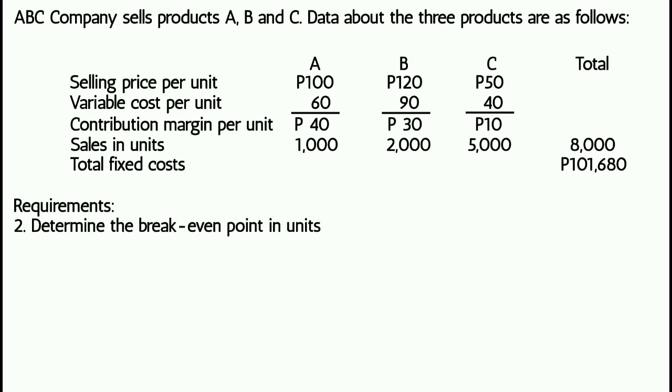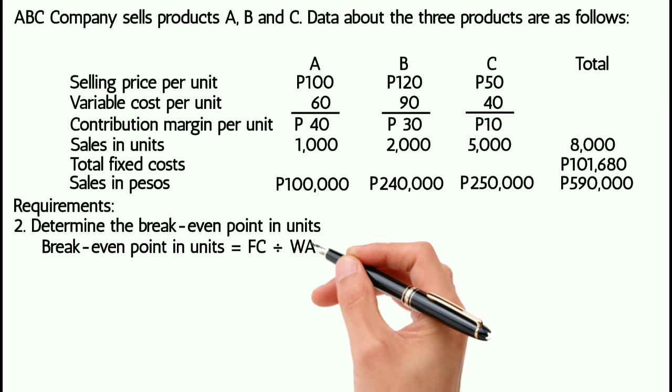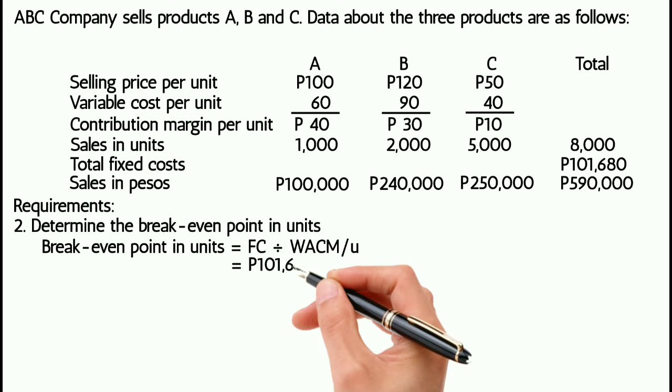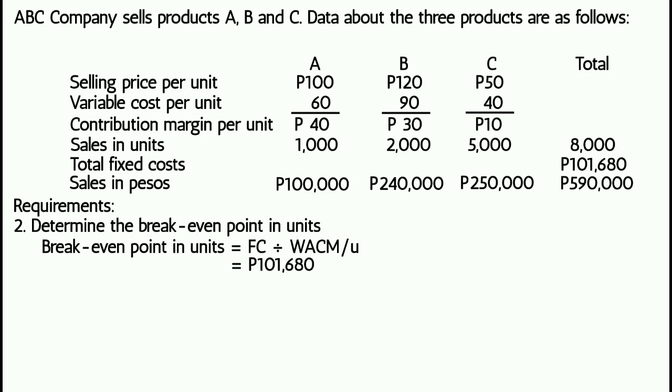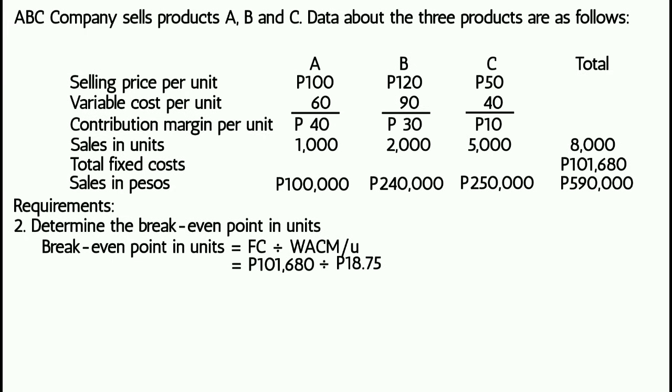At this point, we can now compute for the break-even point in units. Break-even point in units is equal to fixed costs divided by weighted average contribution margin per unit. Ang fixed costs ay 101,680 pesos. At ang weighted average contribution margin per unit ay 18.75 pesos. 101,680 pesos divided by 18.75 pesos, that is equal to